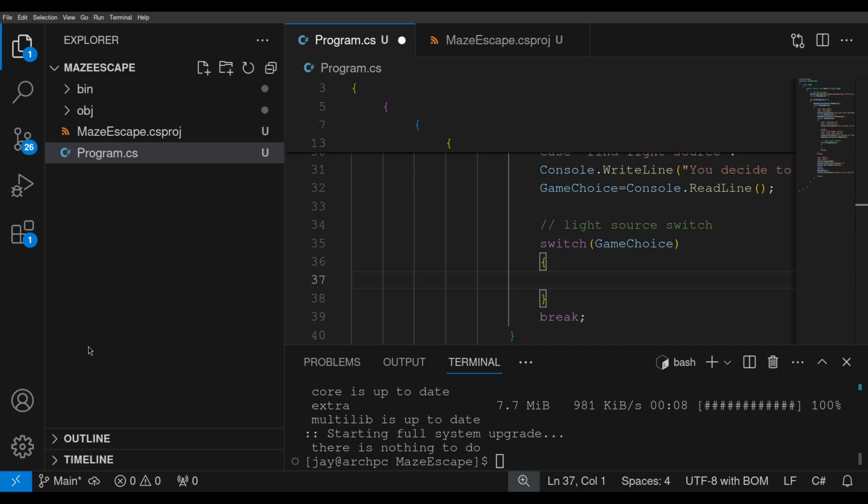So we'll just use that exact case then. And then we hit